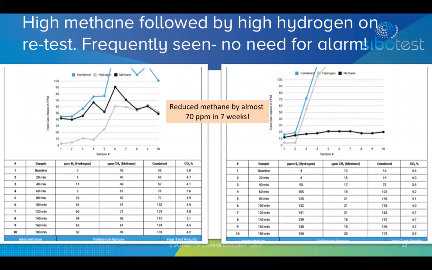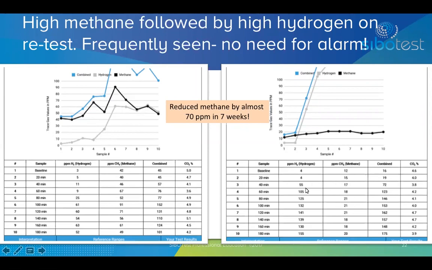And what do we see here? We see that levels of methane have come down quite nicely, but now we see hydrogen go up quite dramatically. And that is because for every methane molecule, you require 4 hydrogen. That's why CH4 is methane, meaning that 4 hydrogen molecules are required. So it's understandable why all of a sudden you are shocked. You think, oh my God, this person is worse than ever before, but that is not the case. You've done a good job with reducing that person's methane, still needs a bit of work, but now you need